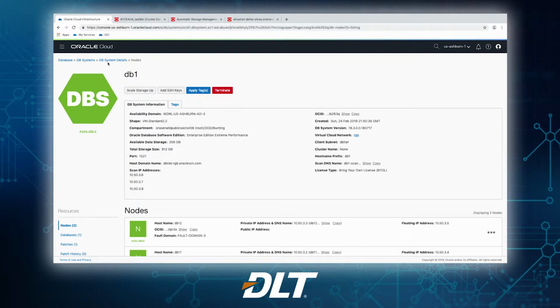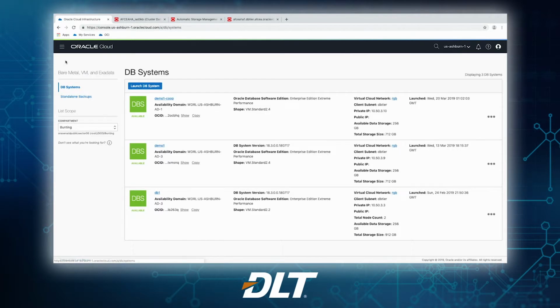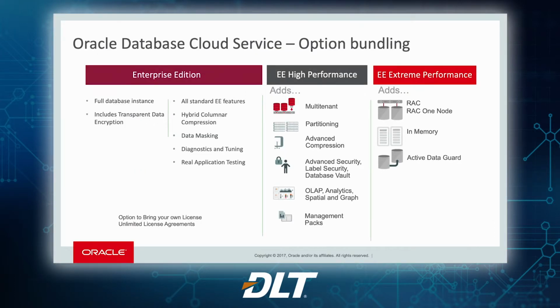It's generally a good idea to have a standby database available as well. So again, all those things that used to take us weeks or months to plan, we're simply doing here through the Cloud Console. So if we come back and look at some slides here, the various different database editions, we can see that we have the Enterprise Edition, and of course, we need to focus on security. So every database in the cloud comes with data at rest encryption. So we enable transparent data encryption for every single database.